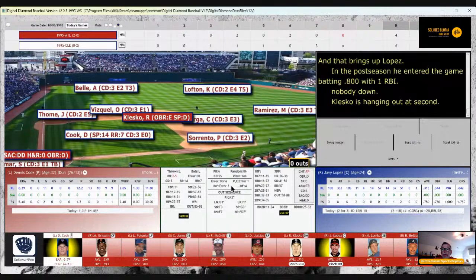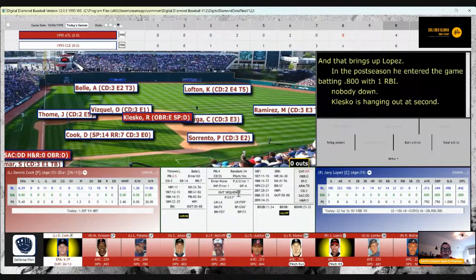Lopez has entered this game batting .800 with 1 RBI. Nobody down. Klesko's hanging out on second. Here's the pitch to Lopez. Will be on Lopez's card. That 88 will be an out, however. That RP will be a ground ball to third, checking for the error.